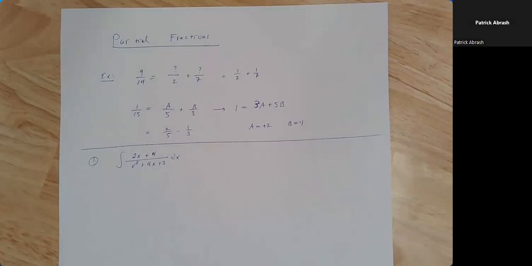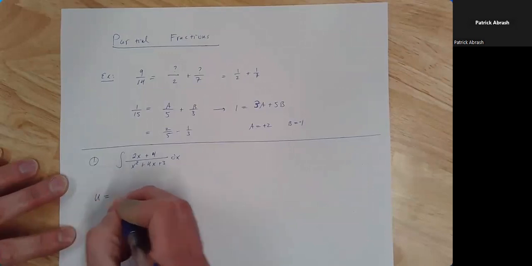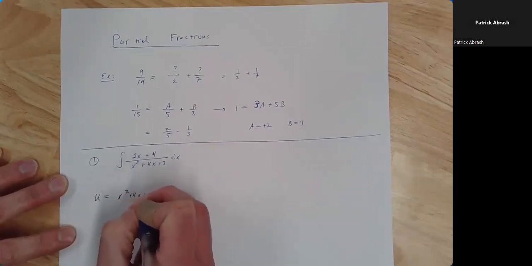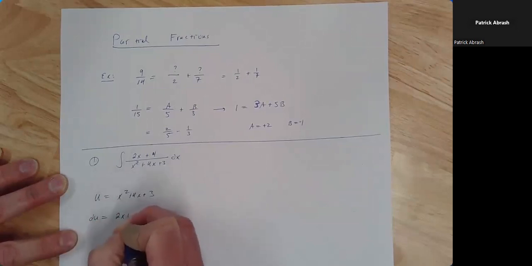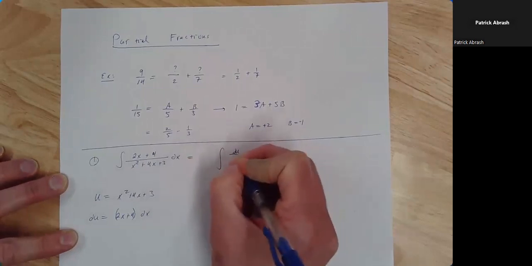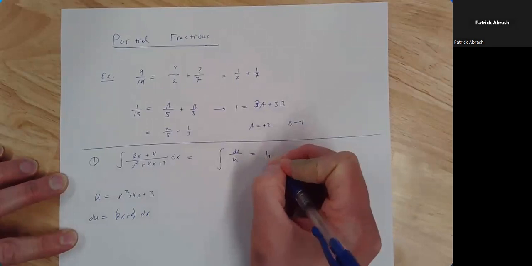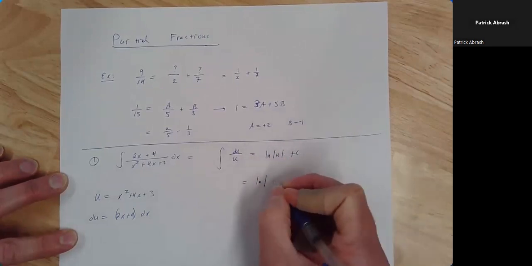And most importantly of all, before we do any of that work, we should check to make sure we couldn't have done a u substitution in the first place. And we totally can do a u substitution here. If you let u equal x squared plus 4x plus 3, your du is exactly 2x plus 4 dx. And so this integral ends up working out as the integral of du over u, which is just the natural log of the absolute value of u, which is just the natural log of the absolute value of x squared plus 4x plus 3